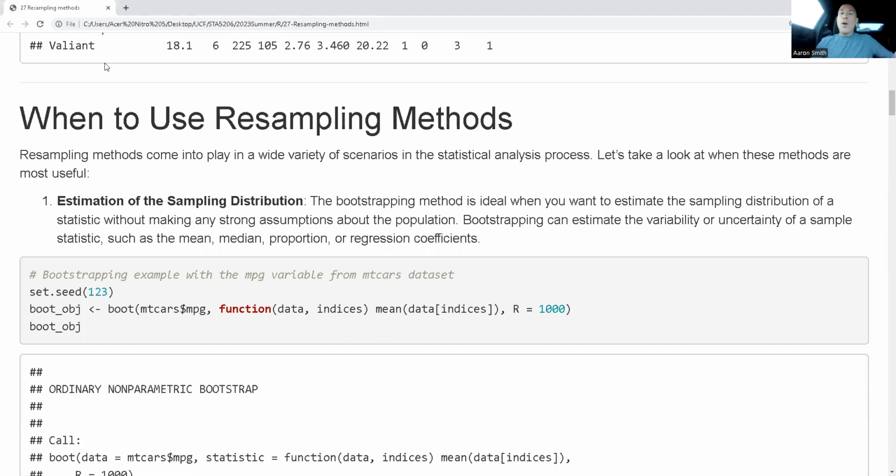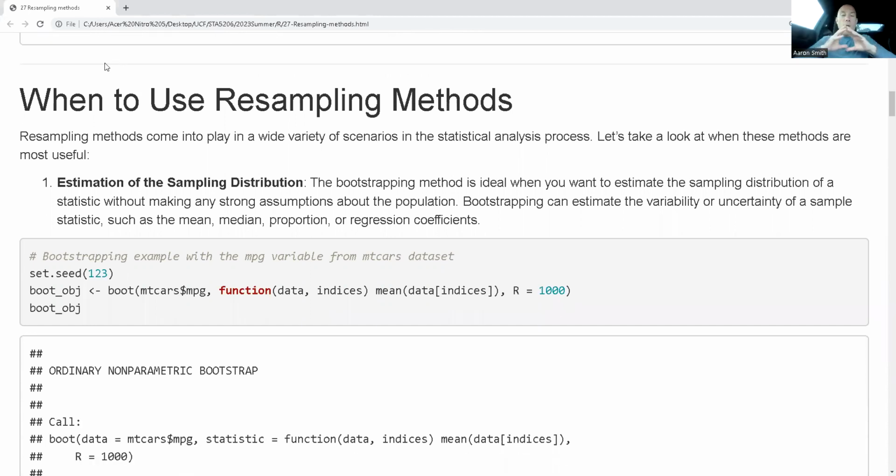All right, so first thing I want to talk about before we get any deeper is when to use resampling methods. Resampling methods come into play in a wide variety of situations. So first one is when we're going to be estimating the sampling distribution. The bootstrapping method is ideal when you want to estimate the sampling distribution of a statistic without making any strong